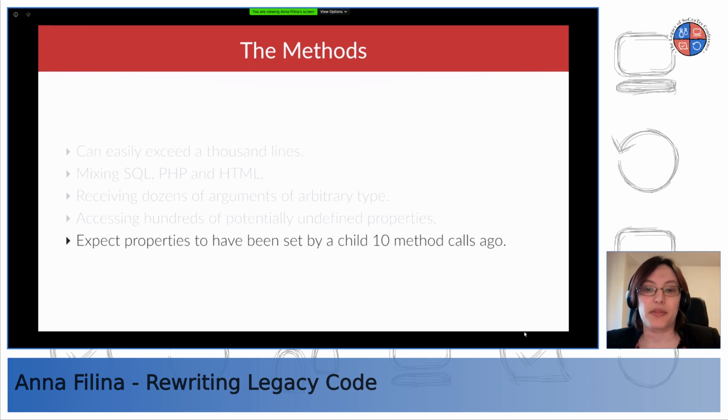And the problem with setting things very early on is that unless everything is called in a perfect order, things will not work. But you cannot know that in advance because you just assume that if you call a method, it's going to work. But it's not going to work because you need to call things in a very fragile order. So that makes code very, very brittle.